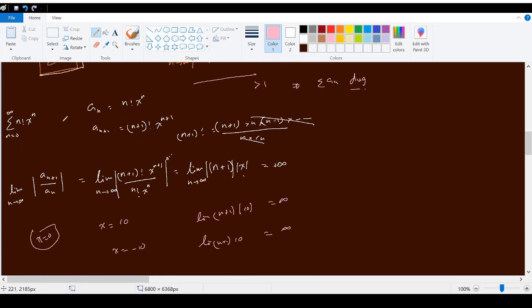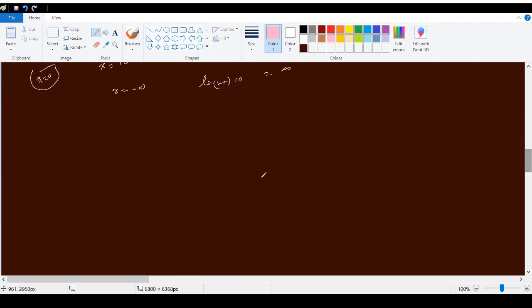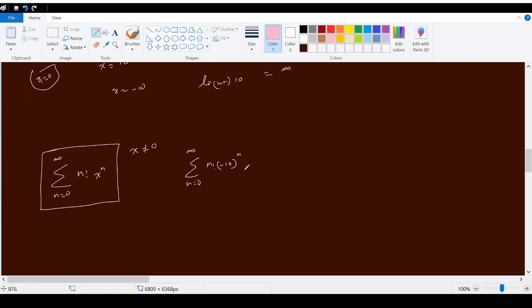As a result, we can say that for any x which is not equal to 0, this series will diverge. Say, for example, if we take this one, this series will diverge. For this particular case, we don't have to use any theorems to prove the divergence,